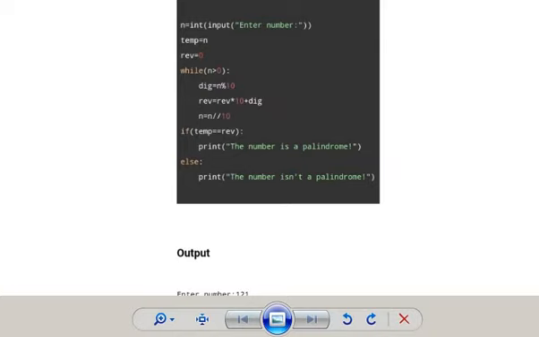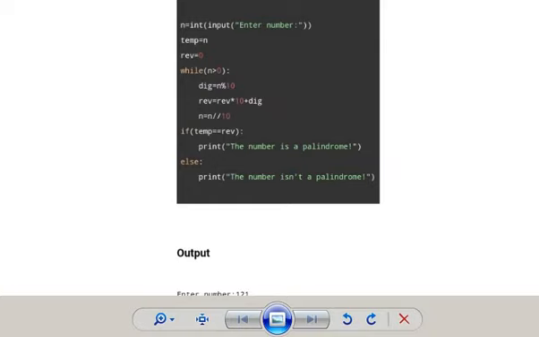If your n is 121, if you reverse it, you get 121. You compare the original number with the reversed number. If your original number is equal to the reversed number, it is palindrome. But one important aspect you need to keep in mind here is, you just complete the steps and check it out. If you start with 121, the original number becomes 0 after the completion of the loop.